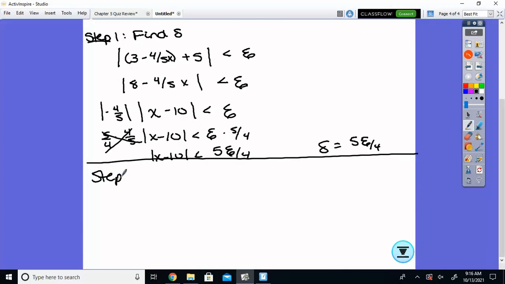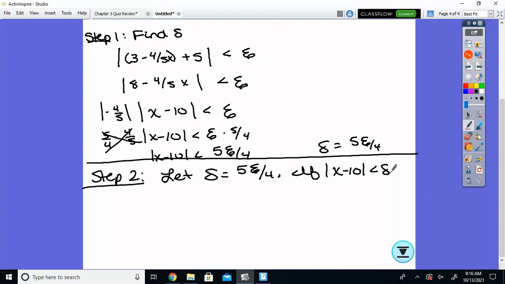Step 2 is the proof. Everybody with me? So you start out with your delta. We need to let delta equal 5 epsilon over 4. Then we do our condition: if the absolute value of x minus 10 is less than delta, then the absolute value of my f of x